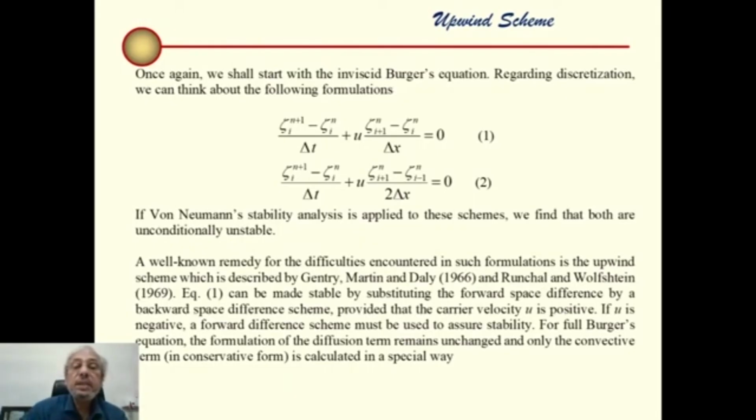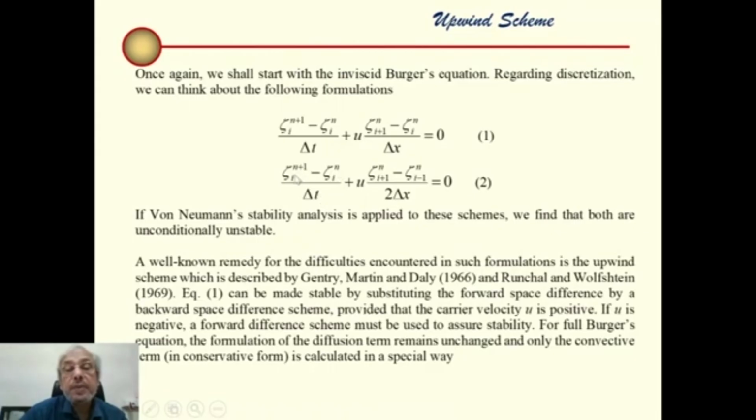One is, you can very well appreciate, equation 1: forward in time, and a non-conservative form, also forward in space, not centered in space but forward in space. Second one, again forward in time,